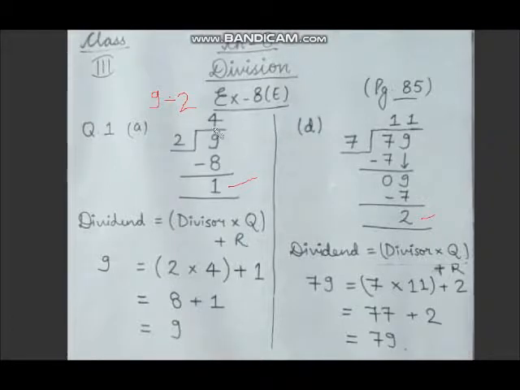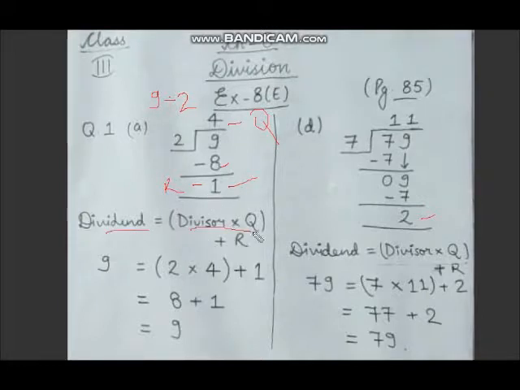So we will write 4 in the quotient and 2 times 4 is 8. So हम यहाँ पे 8 लिखेंगे and then we will subtract. So 9 minus 8 is 1. So 1 is the remainder here and 4 is the quotient over here. And then we have to check. So check के लिए अब हम क्या करेंगे, there is leftover number. So we will use this formula.